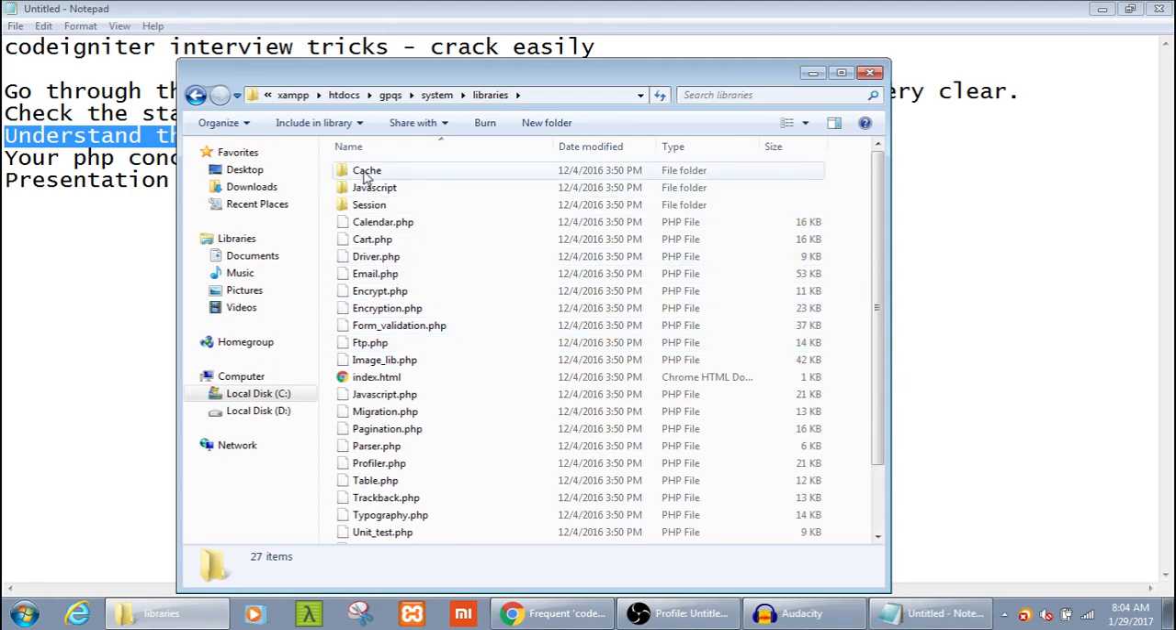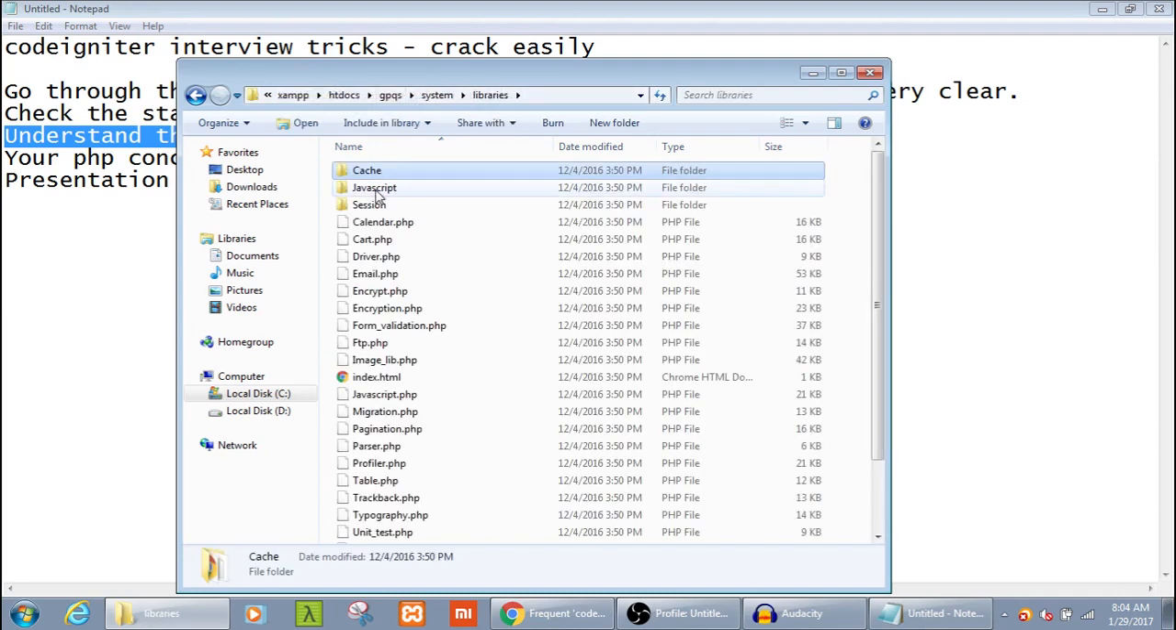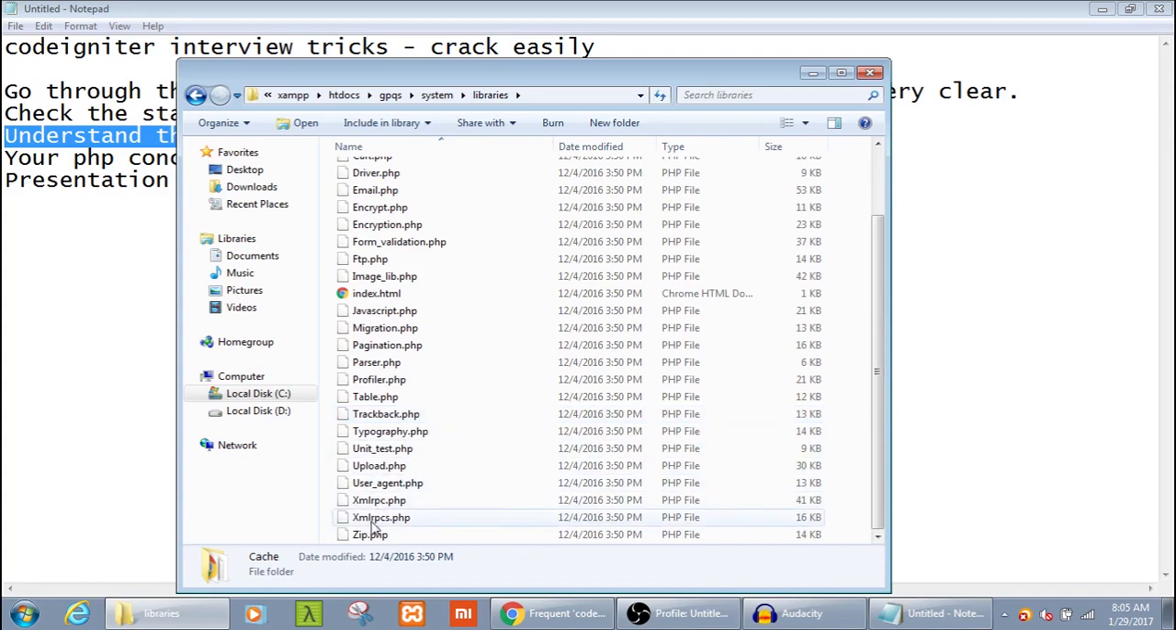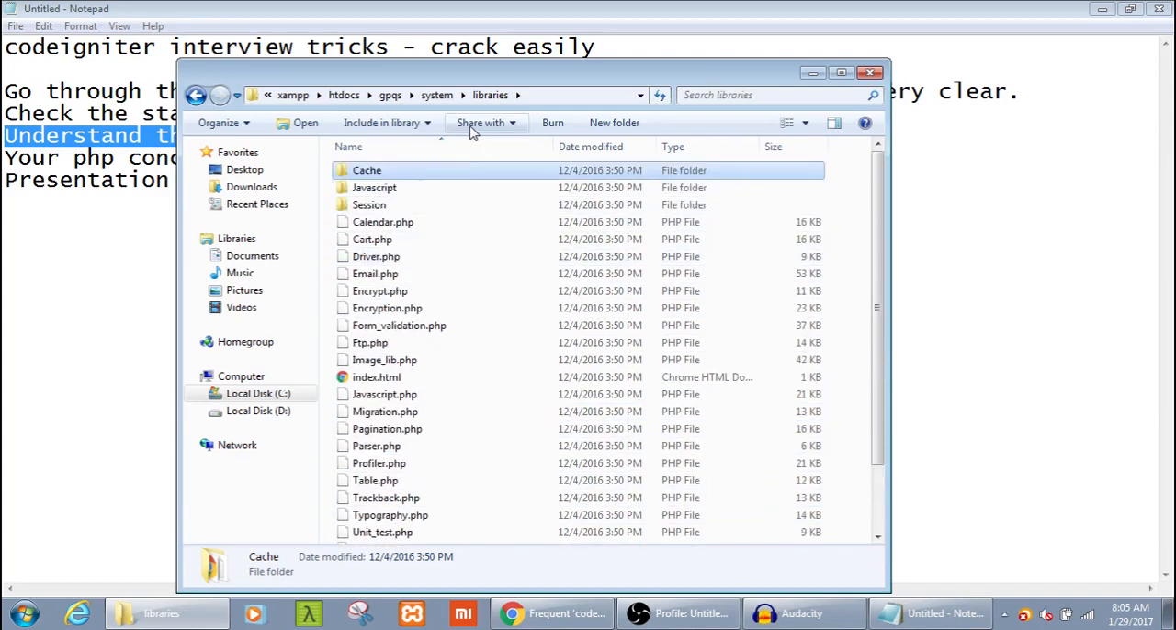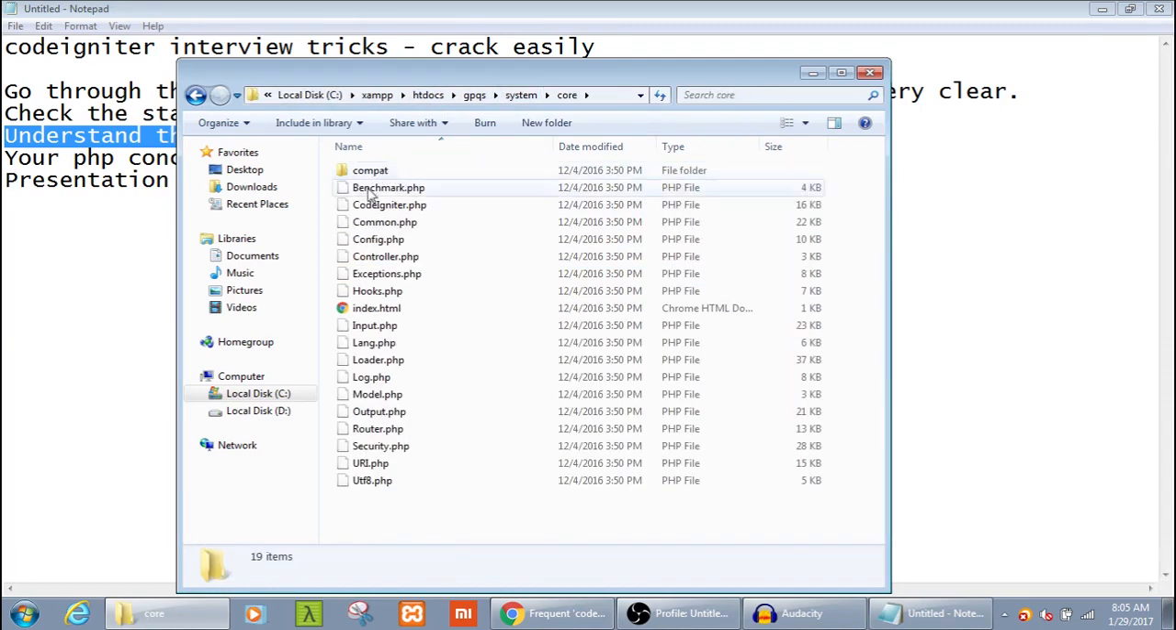You can go through each and everything, like how the captcha works here, and what is the way of using JavaScript, session, calendar, cart, driver, email, encryption, form validation, FTP, image and all. So you have to go through all this one by one and see how these things work. And then we have this core. You can go with this